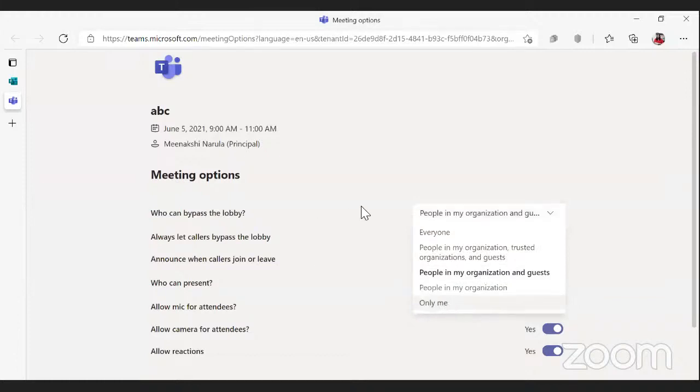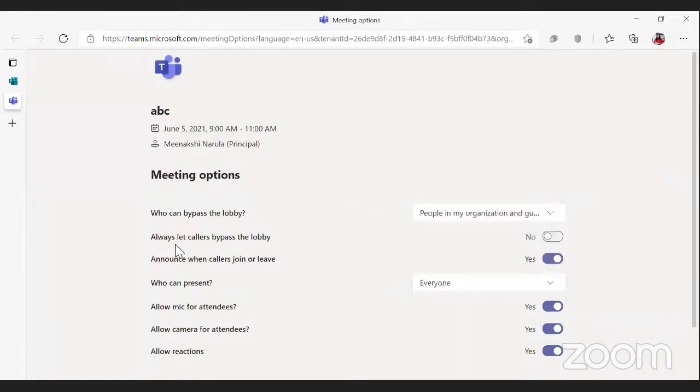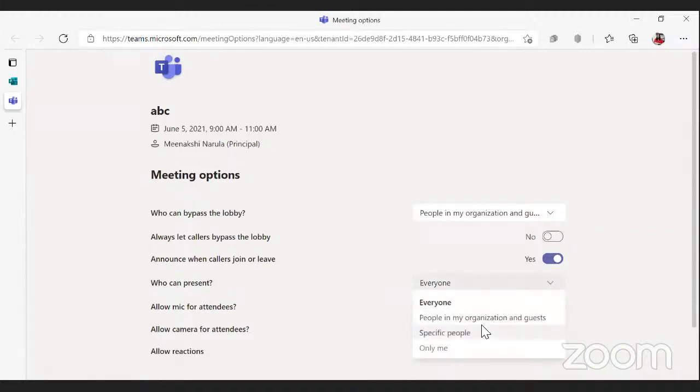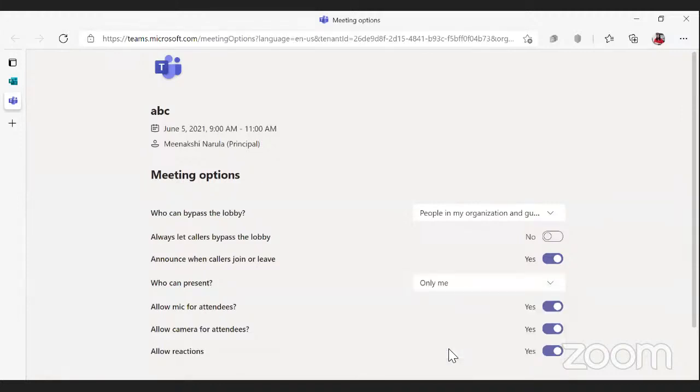It is up to you how you select it. Now, always let them bypass the lobby, or you will get a notification as and when anybody joins, yes or no. As we give the co-host option in Zoom, here we have who can present. Everybody can present? No. People in my organization, specific people. By default, I always select only me.